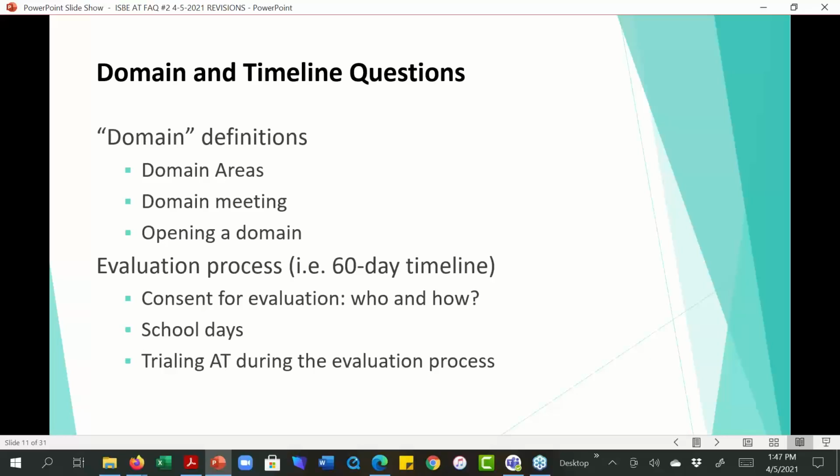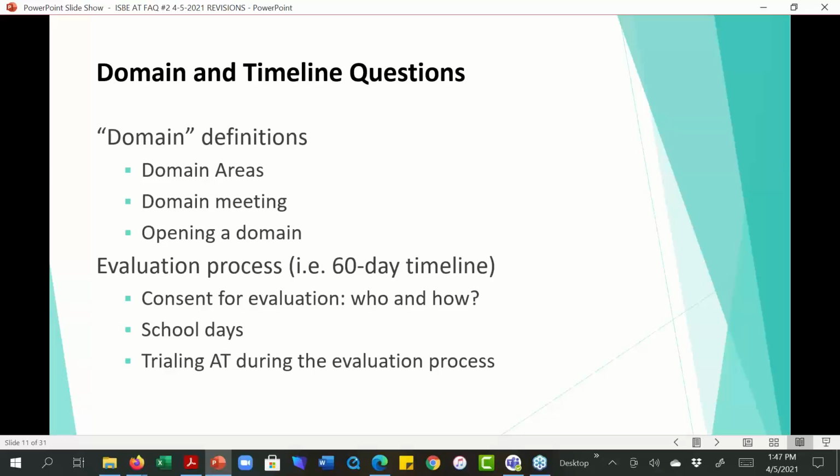One of those things that ended up causing a lot of confusion and a lot of very passionate discussions was the use of the word domain. I found in my conversations that it can be a little confusing because sometimes folks will use the term domain to have different meanings. And so I just wanted to lay this out there so we can be clear what we're addressing in the documents.